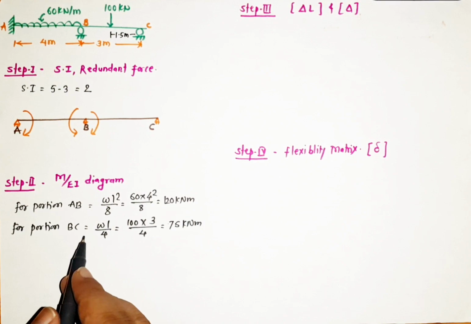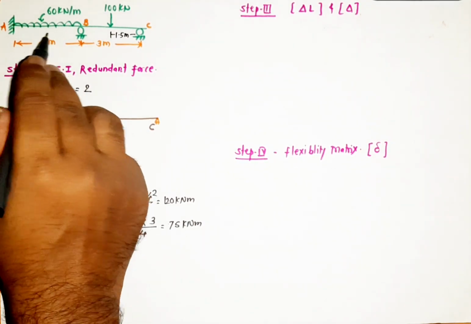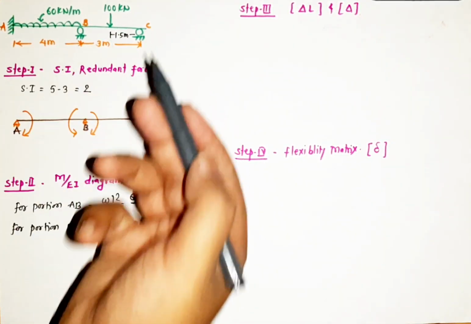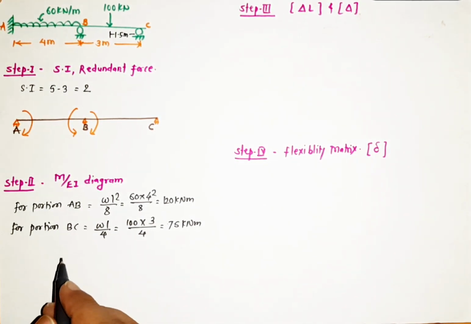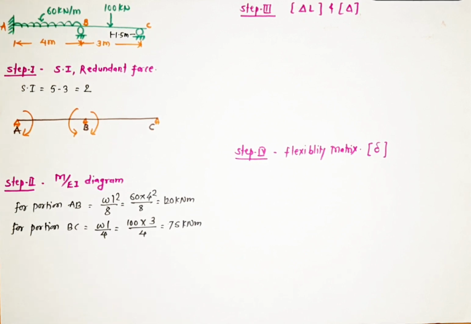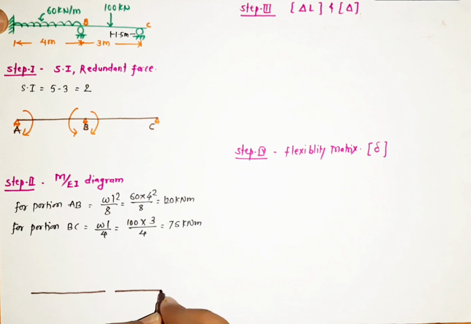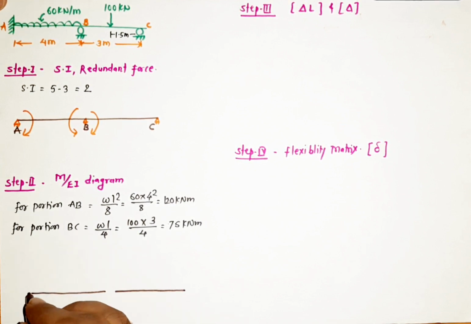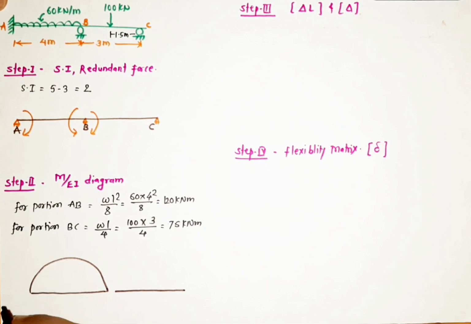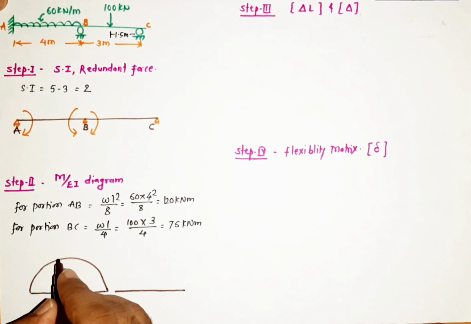This is all about the moments. As we released it, it will be simply supported and separate. If you consider the beam, we will get a moment. Now after that, let us draw a bending moment diagram for this. So ultimately, this is your span AB, this is your span BC, and as it is UDL, it will be shown as a parabola having the value